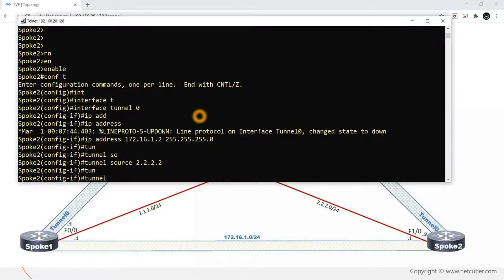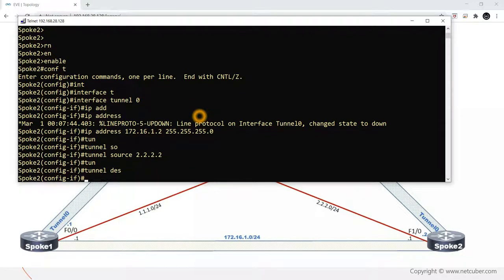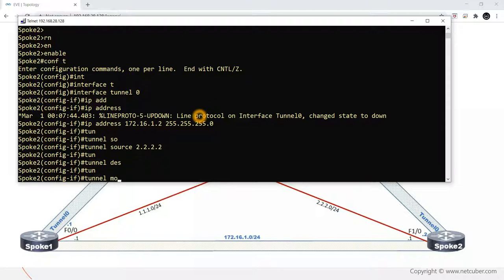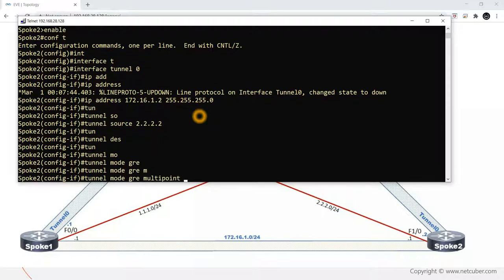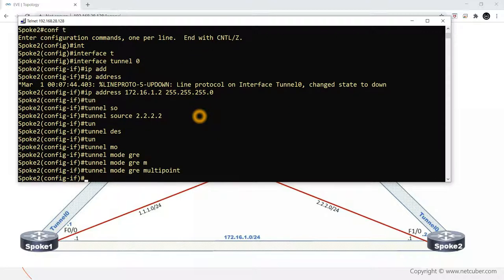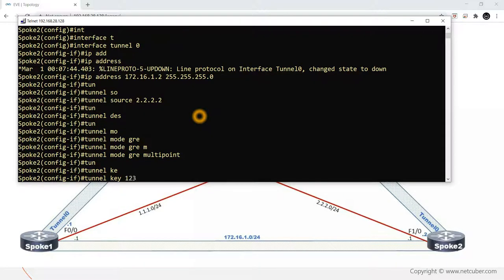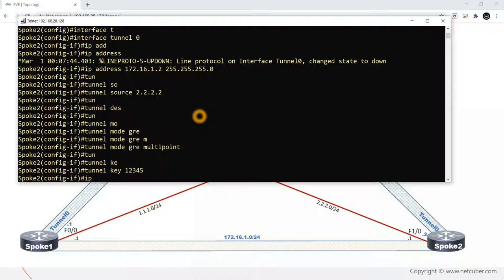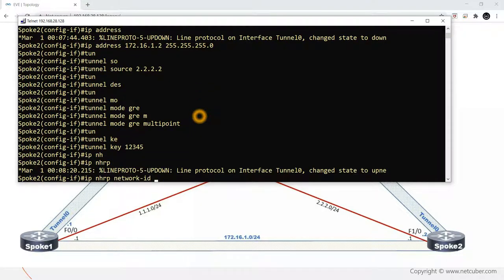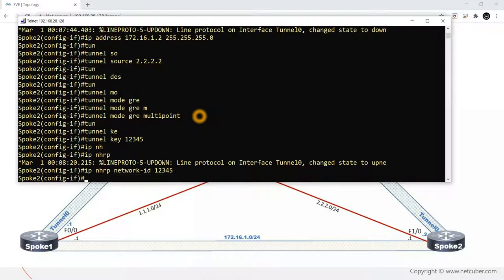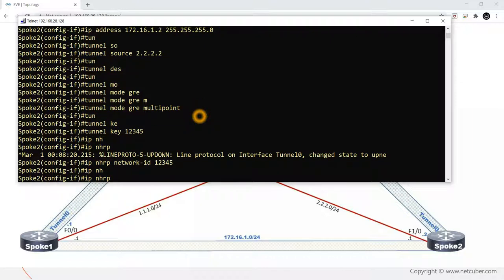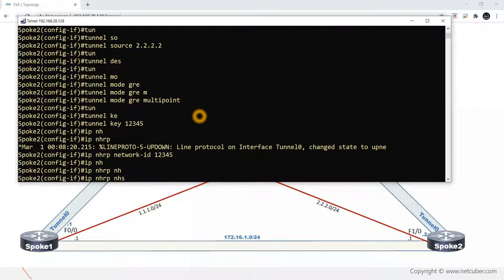The tunnel destination will be no destination. Tunnel mode GRE multi-point, and tunnel key 12345, IP NHRP network ID 12345, IP NHRP NHS